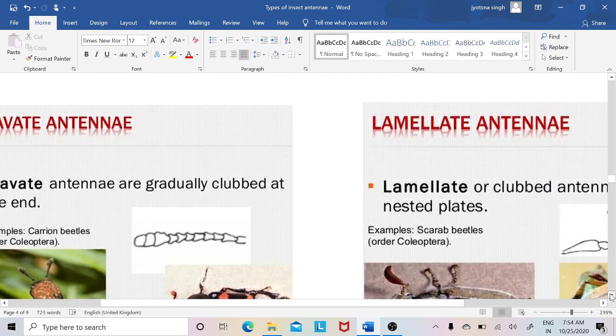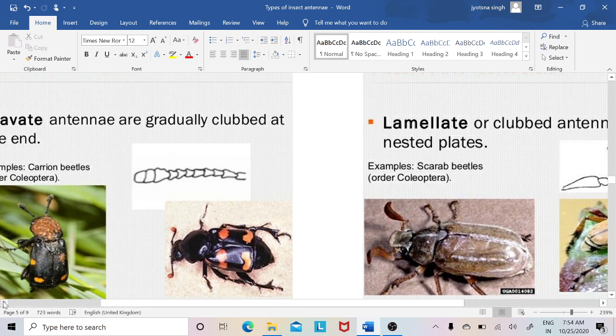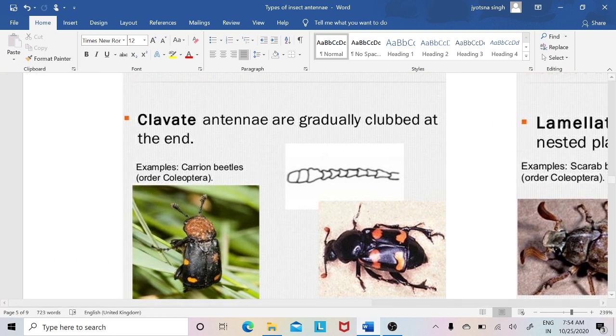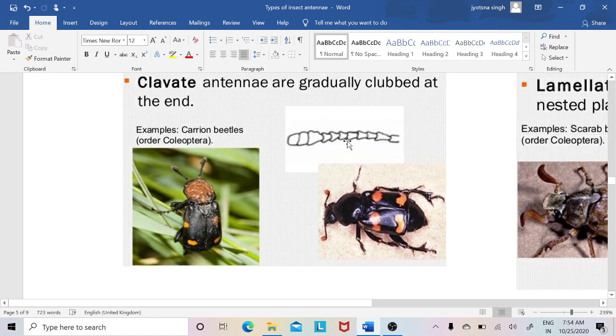Next that we have is the clavate antenna. Now, a clavate antenna is gradually getting clubbed. In a capitate antenna the flagellomeres are more or less similar in shape, but just at the end, the last flagellomere ends in a club-shaped structure.